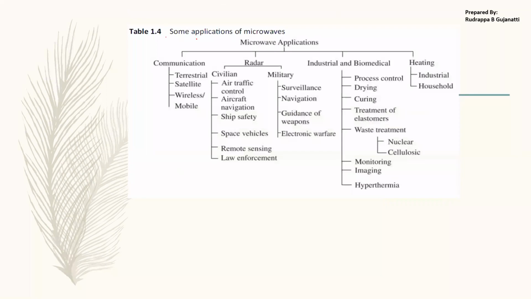So what are the applications of the microwaves? Every now and then you are using these microwaves. You have a cellular phone, you are using it, so it operates on the microwave frequency. If you want to communicate with the satellite, you have to go for a high frequency range. You cannot go for low frequency. So communication with respect to satellite has to be done with microwave signals.